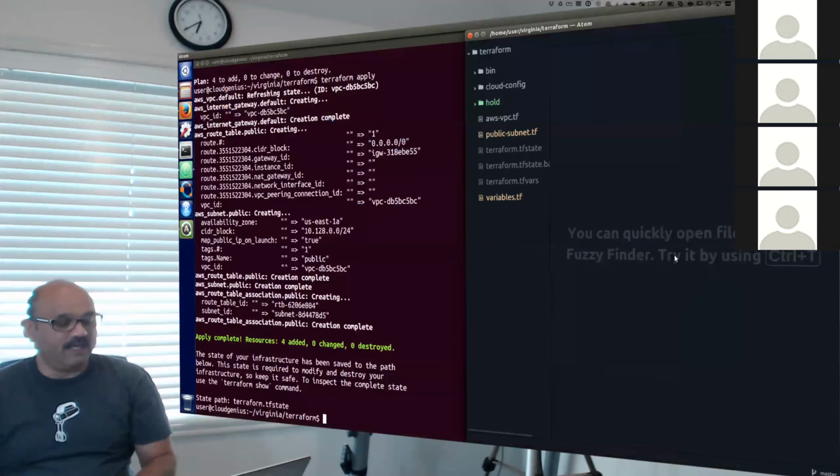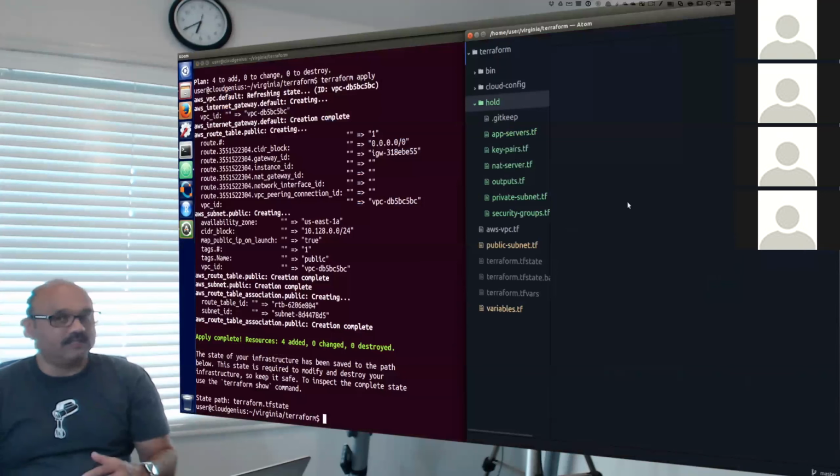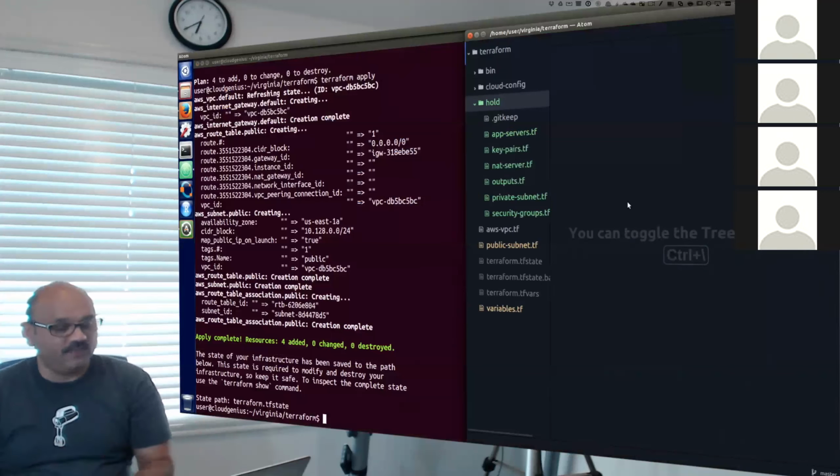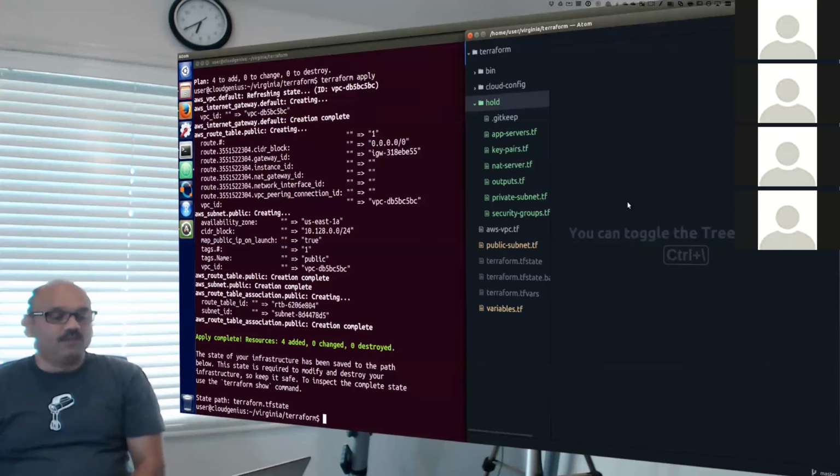In the next thing, I will go and look at my whole file again. And this time, I'll add the next element. What I want to be able to do now is to actually create a private subnet. But as you know, a private subnet, I want it to connect through a NAT device. And so I will need to have a NAT device first.